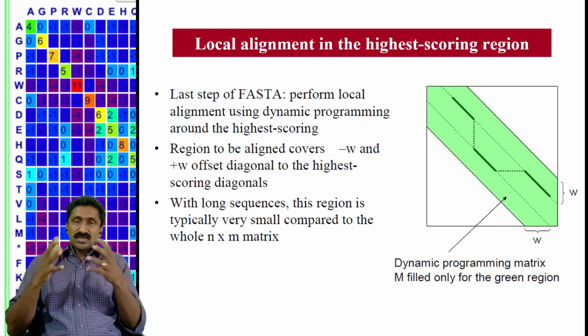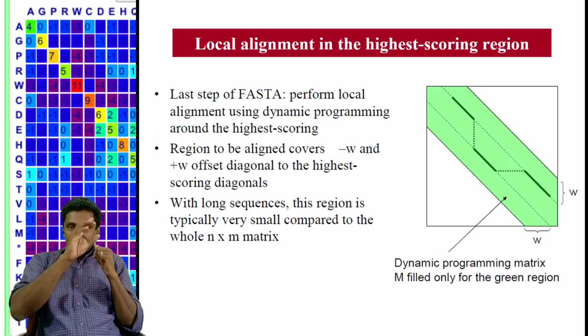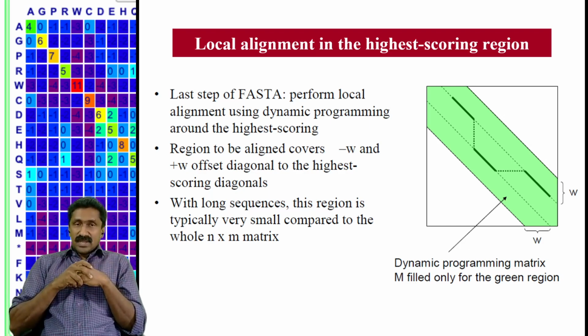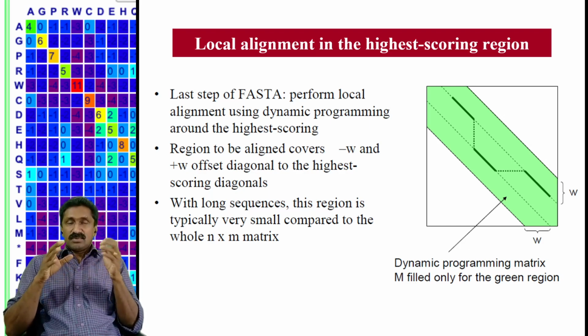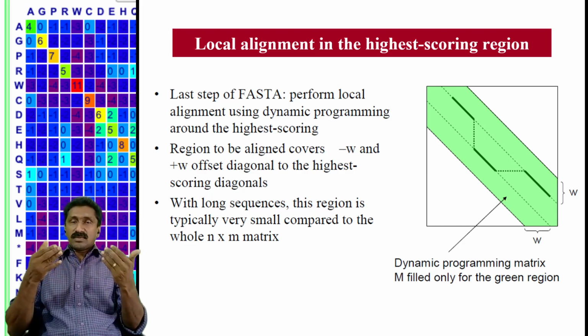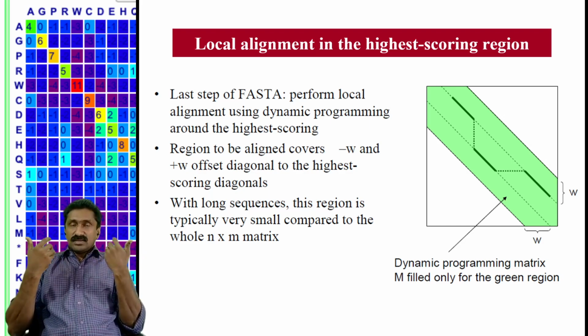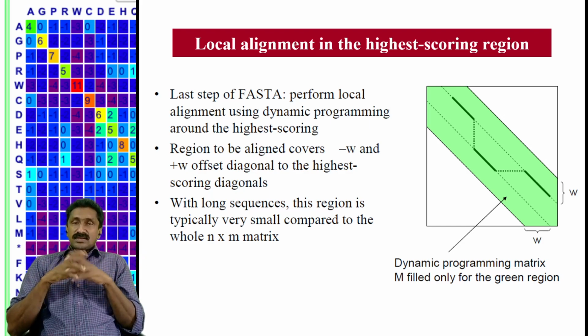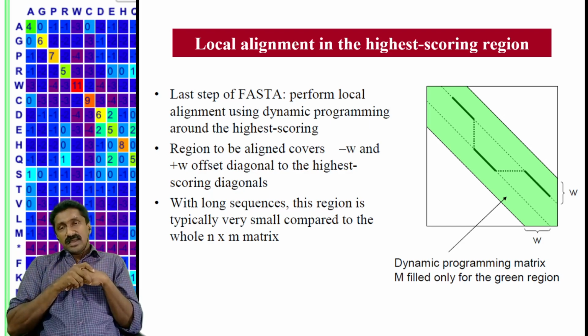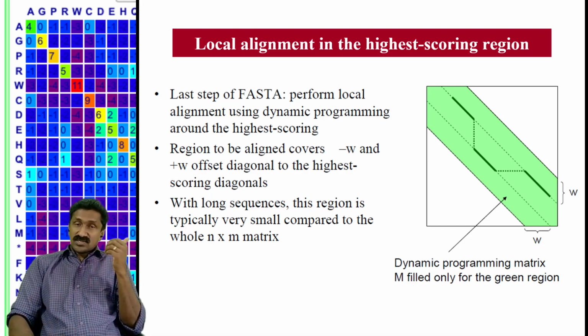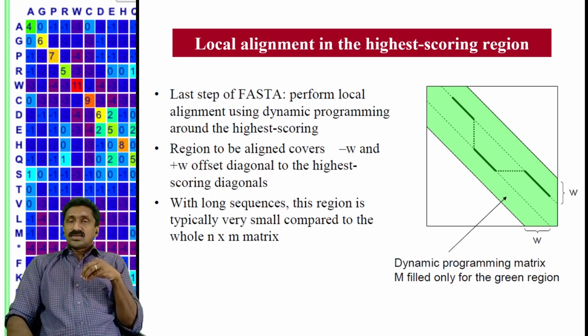Similarly, once you construct the most probable diagonals based on the previous method, you create a diagonal line, the highest scoring diagonals can be joined together, and on both sides you set a region for intensive search. Using dynamic programming matrices you go for a further alignment, so that the sequence will be aligned. This is how the FASTA algorithm performs. It reduces the computational search on unwanted regions, which makes it 50 to 100 times faster.